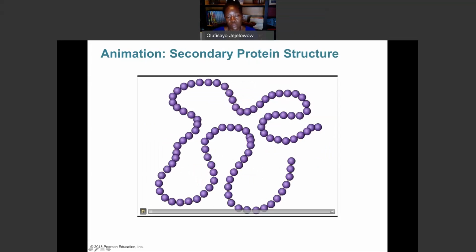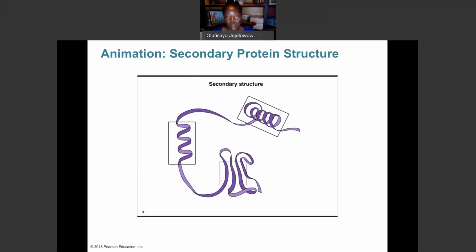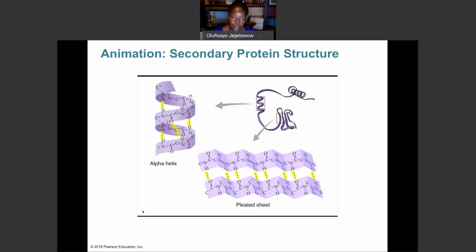In most proteins, parts of the polypeptide chain are coiled or folded, forming twists and corrugation. This is secondary structure. The turns and folds of secondary structure contribute to the protein's overall shape. One kind of secondary structure is the alpha helix, where the chain twists. Another is the pleated sheet, where the chain folds back on itself, or where 2 regions of the chain lie parallel to one another. Secondary structure results from hydrogen bonding between atoms along the polypeptide backbone.